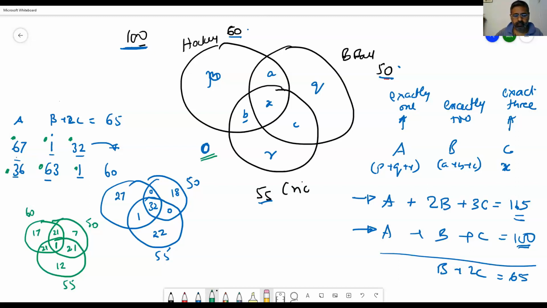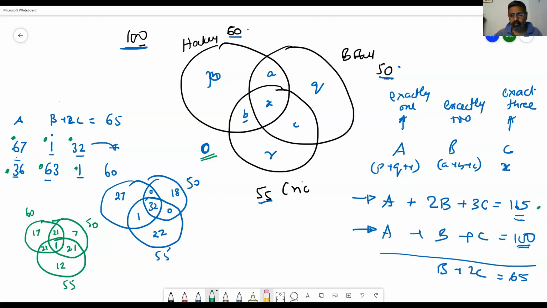Perfect. Okay, but when you are coming towards the minimization and maximization, I didn't understand how you can have one in it, because even if there is one child... No, it's not the number of chocolates. It's the number of children. This is a number of people. It's not the number of chocolates. Number of chocolates is here.